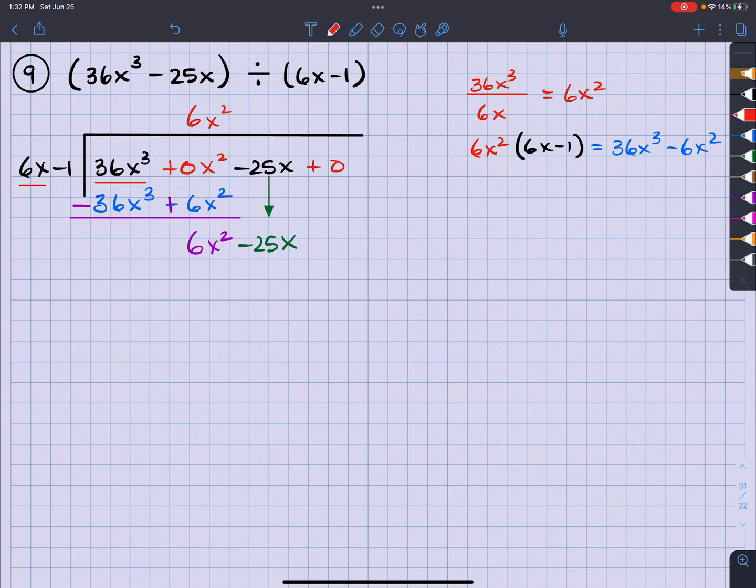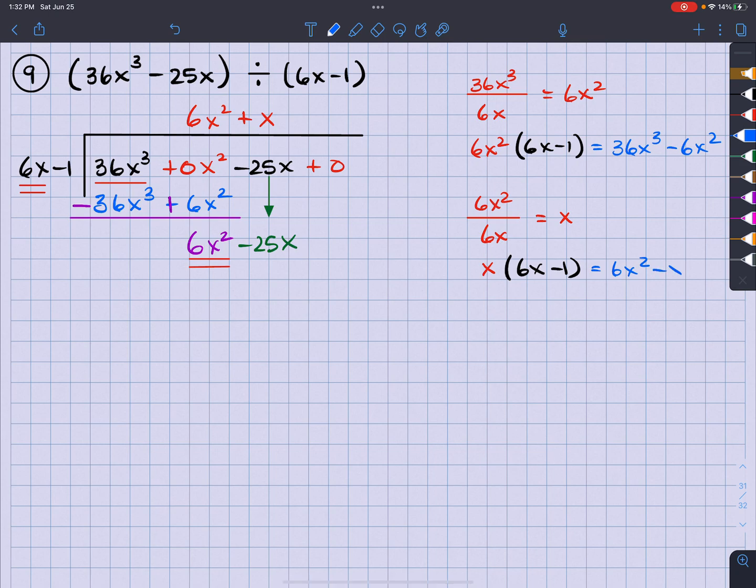So back to my red, how many times does 6x go into 6x squared? Over here I take the 6x squared and divide it by 6x. And what do I get? I get just plain old x. So that's positive, so I'm going to put down plus x. Then I'm going to take that x and multiply by 6x minus 1. And I should get a 6x squared